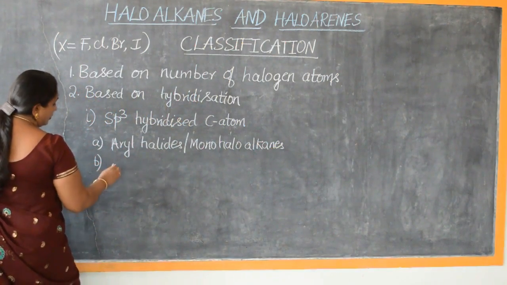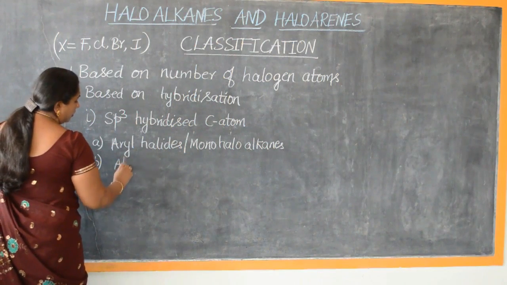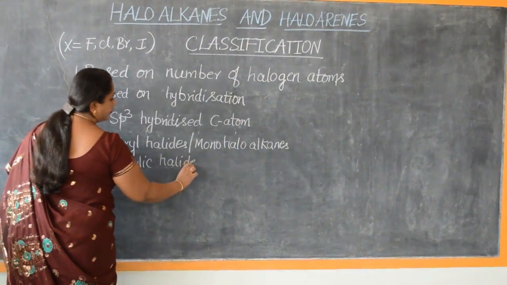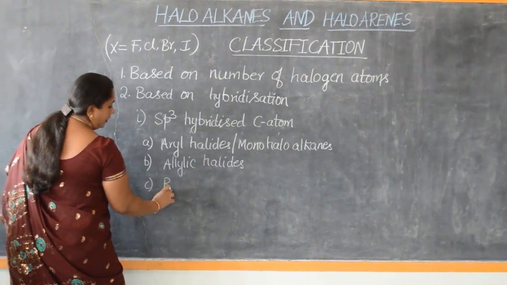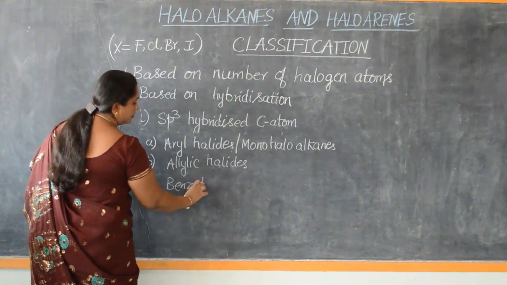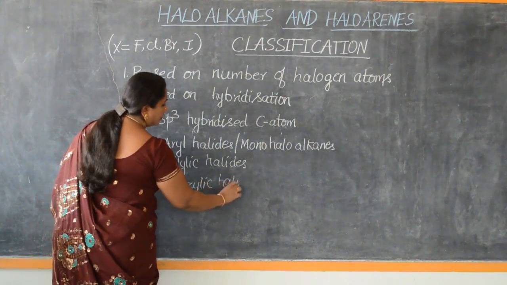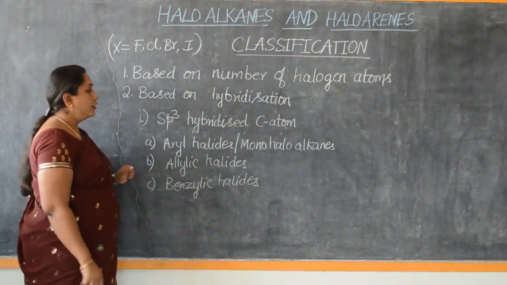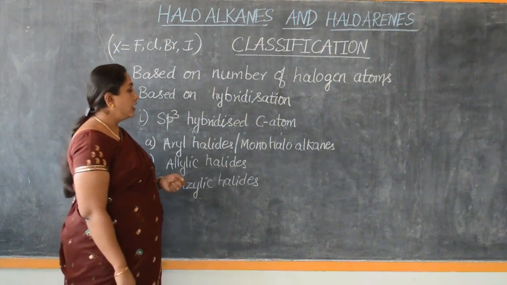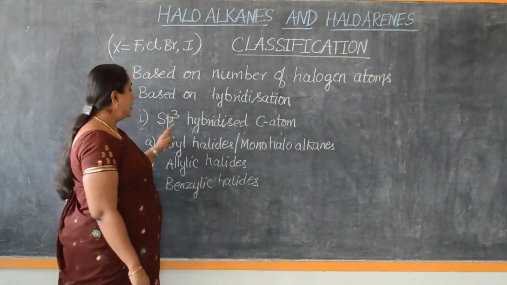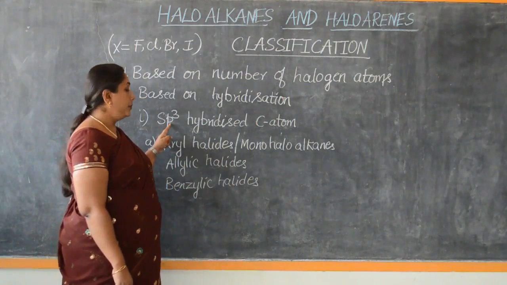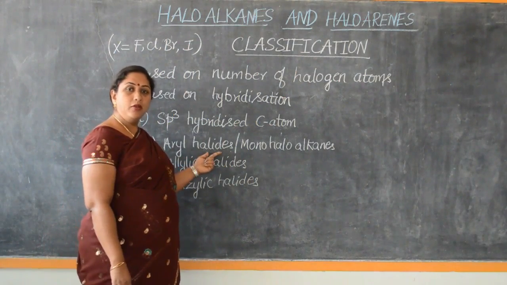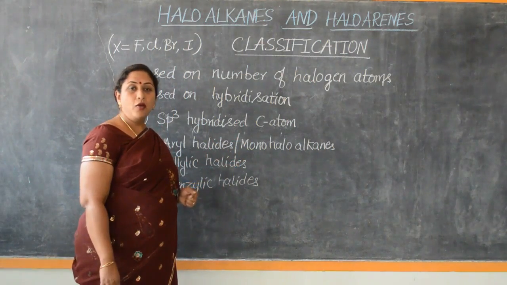Then allylic halides, then benzylic halides. These are the three different categories wherein the halogen atom is attached to the carbon atom which is involved in sp3 hybridization. Now, in one of the previous videos I have dealt in detail with all the categories of monohalo alkanes,